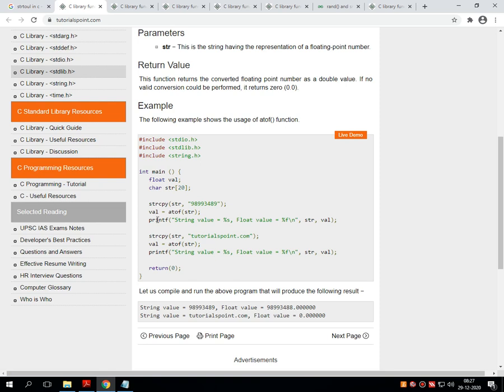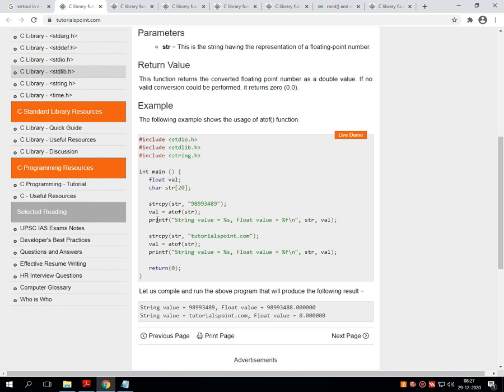Then there is the main function. Inside main, I have declared two variables, a float value and a character string of size 20, that is called a character array.